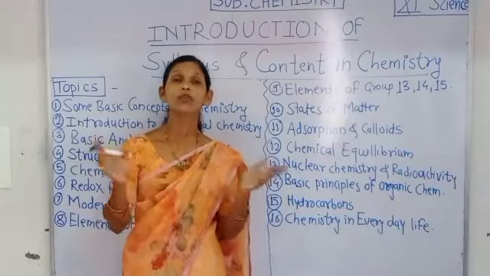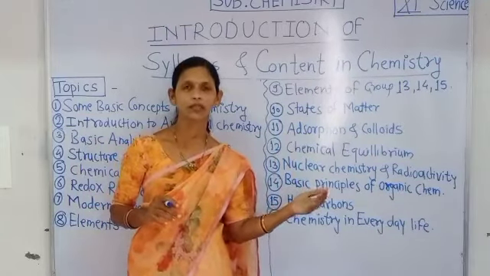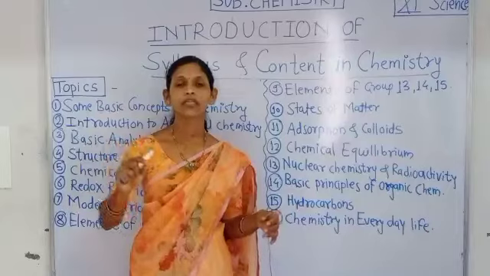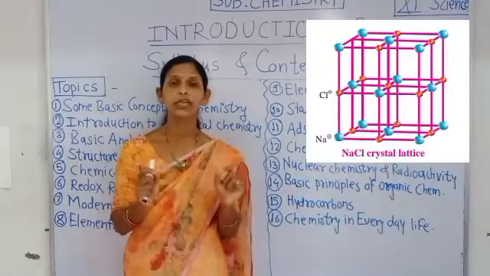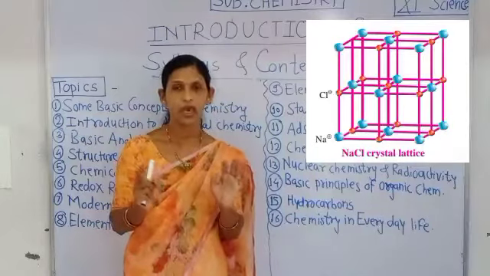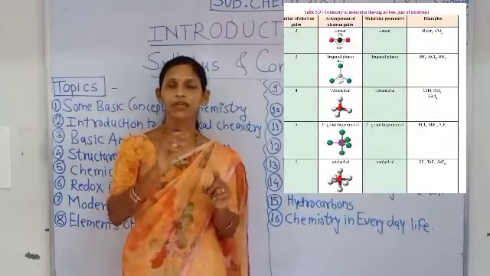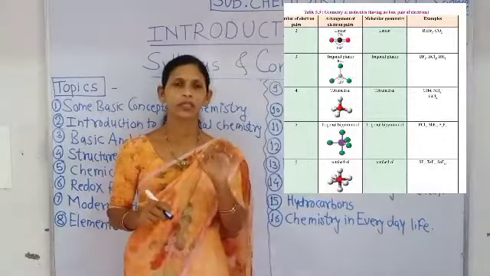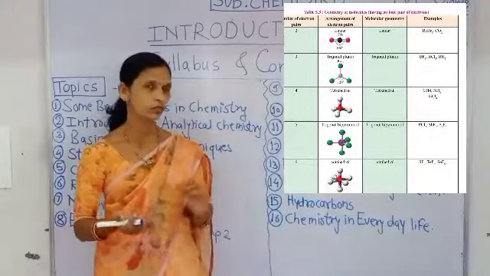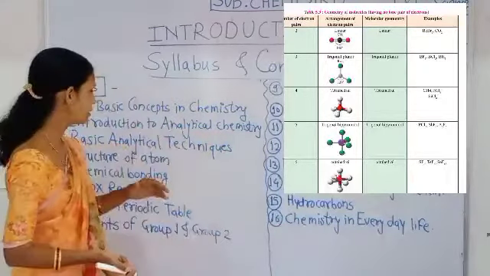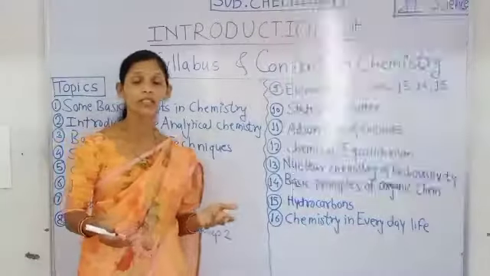That chemical bond is of different types. Covalent bond, that is sahasayuj bandha, and ionic bond, that is ionic bandha. NaCl, common salt, contains an ionic bond, as well as H2 gas, which contains a bond between hydrogen and hydrogen atom, that is a covalent bond. Different types of bonds we will study in the chapter chemical bonding,